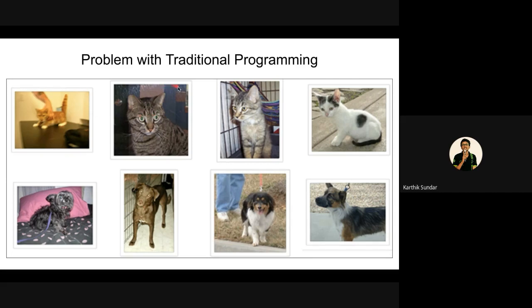It's impossible because, let's say this image is 240 pixels. Which means you will have 240 cross 240 data points, as well as it's in 3 dimensions because it's a color image rather than a black and white image. So we can't just go and tell how to identify between a dog and a cat. One thing you can use is the whiskers, but you can't give an if-else condition on all the pixels and traditionally provide the logic to find whether it's a cat or dog.